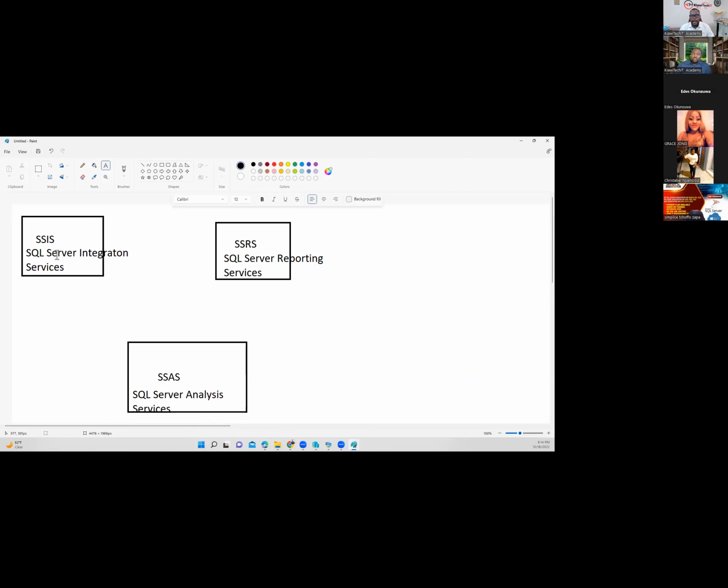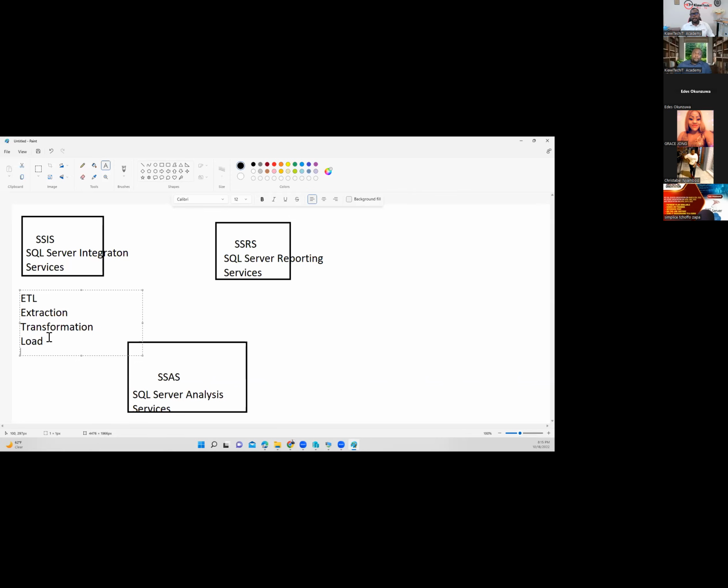So with SSIS, in this case here, we're dealing with what is called ETL, which is extraction, transformation, and loading. Okay, ETL processes, which therefore means that in a business intelligence world, you have data coming from multiple